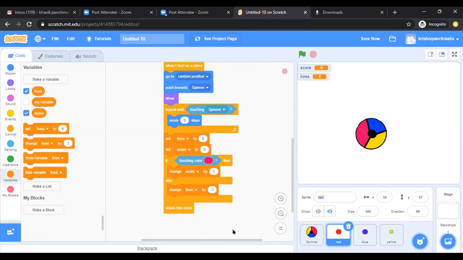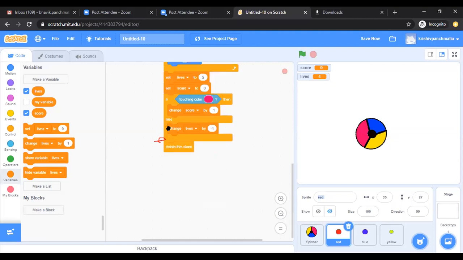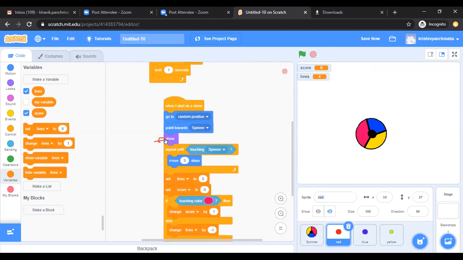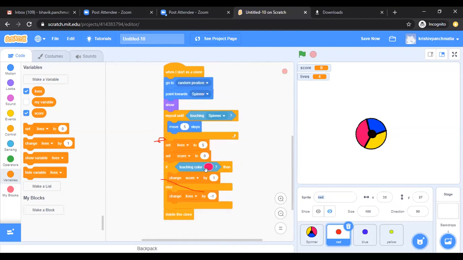Okay, but these things set live should be when you click the green flag, right? So at the very start of the program, these things should be set when you click the green flag, correct? So these two things should be at the green flag as such, whenever you're going to set the variable. So where do we have to put set score by?